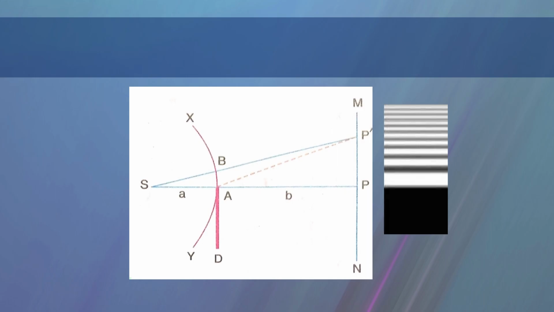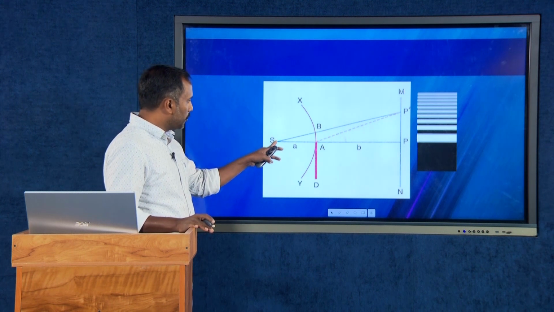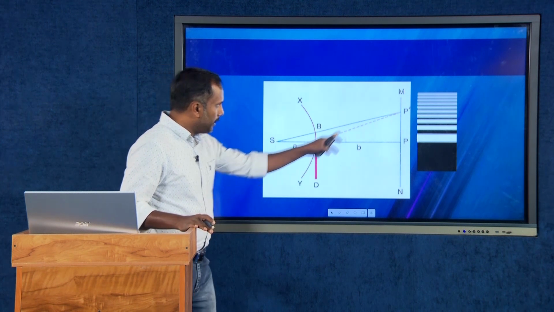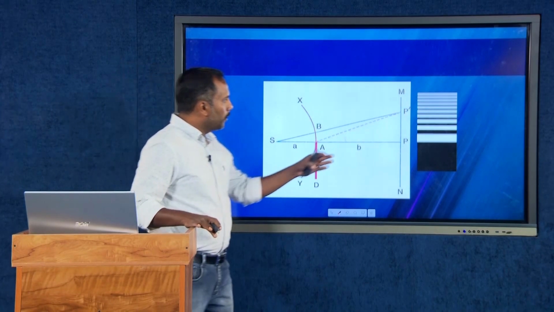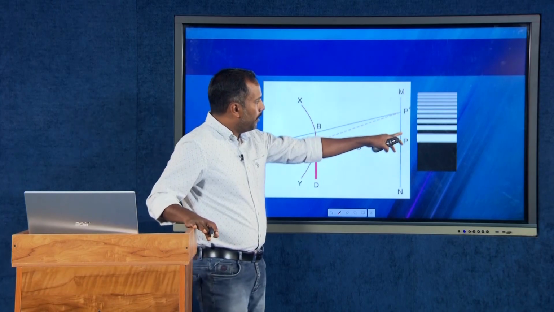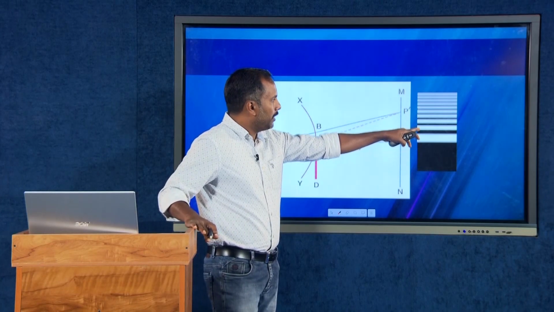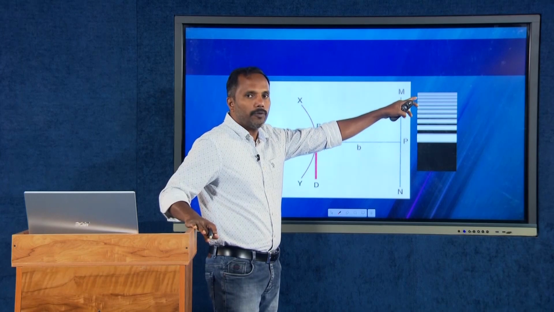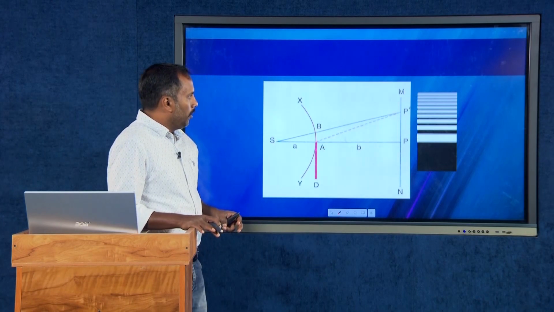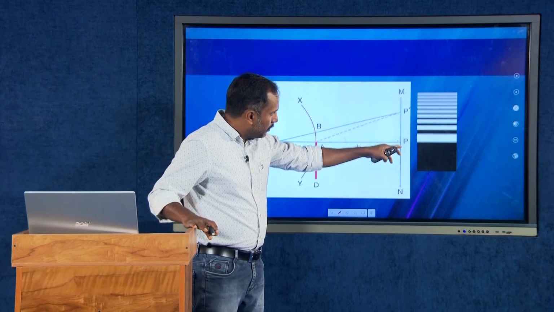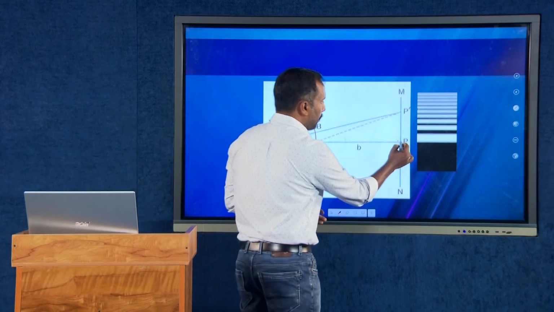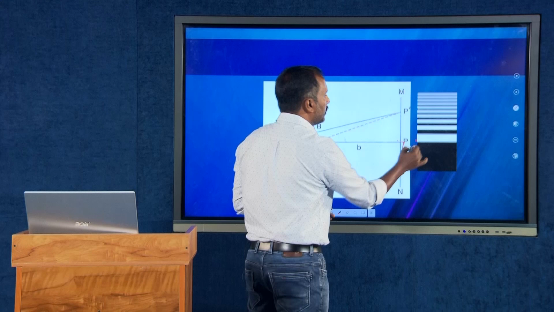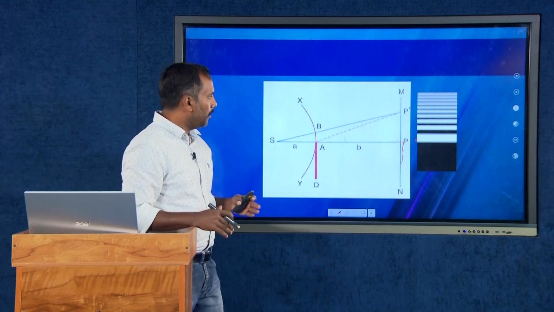So in case of diffraction from a straight edge, here S is the source, this was the straight edge and this was the screen, and the diffraction pattern will be looking like this. You can have a bright band on the screen initially, then alternate dark and bright regions will be forming, and in the region below P we expect a geometric shadow. Here we are not getting a sharp shadow in this region. Here the intensity of the light gradually decreases. Let us see how